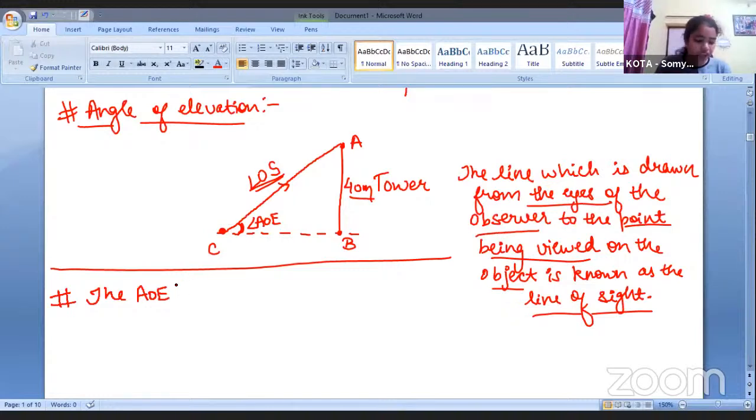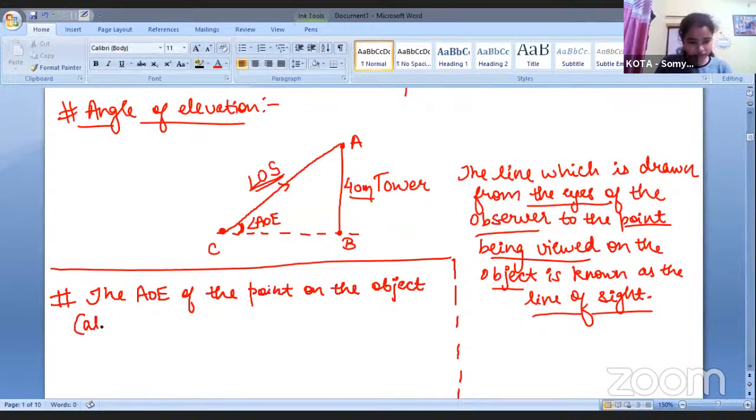The angle of elevation of the point on the object above the horizontal level viewed by the observer